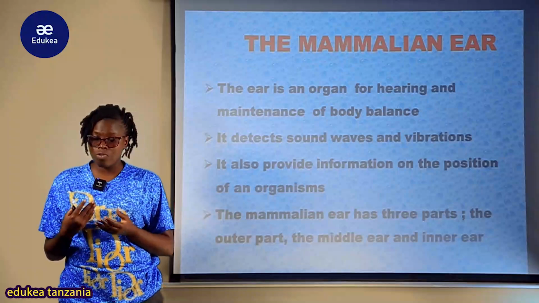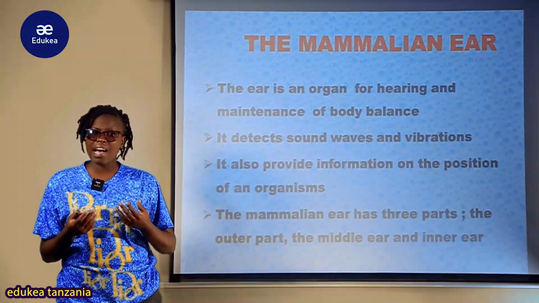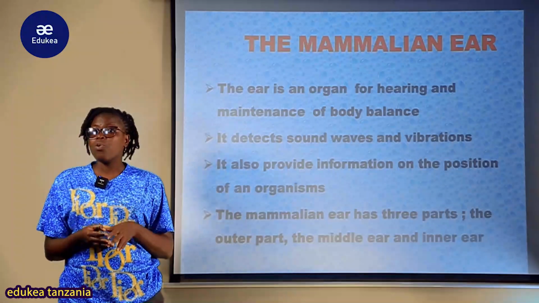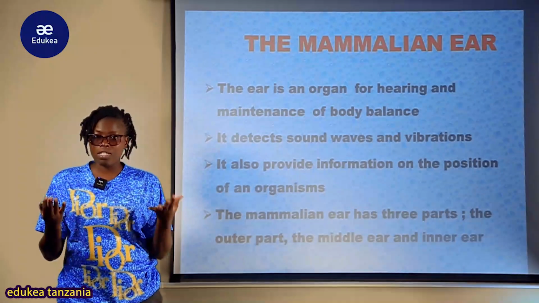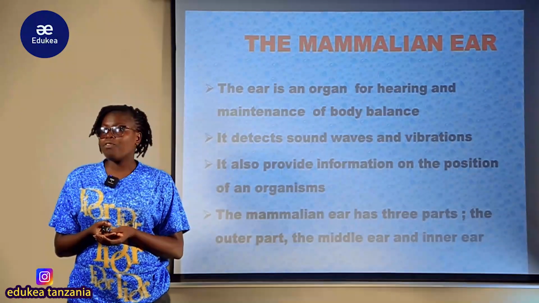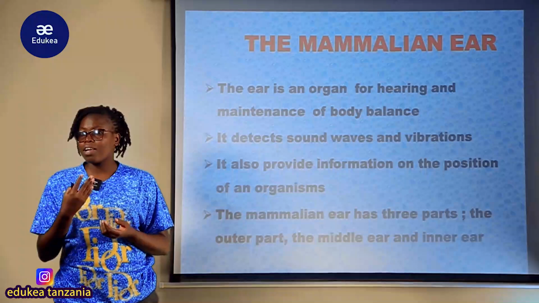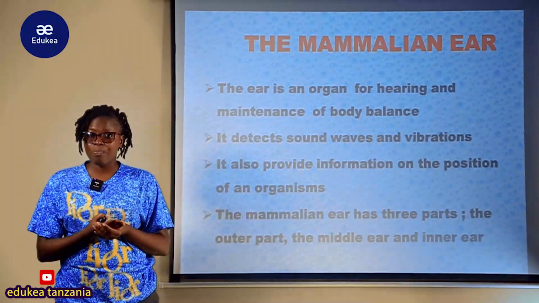Na hivyo unaweza kujiuliza kwa nini mtu anaweza kutembea, au namna gani, kwa mfano ukizunguka kwa muda mrefu then ukasimama ghafla unaona kizunguzungu, lakini baada ya muda fulani unajikuta uko normal. What happened? Yes, it is all about the function of the ear, ambapo within the ear tumeona kwamba kuna cranial nerve ambayo inaitwa